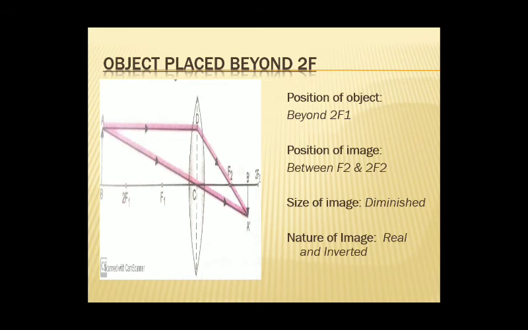Now, the second ray diagram, when the object is beyond 2f. The topmost ray which is parallel, according to rule 1, after refraction passes through f2, and the inclined ray, which is rule 3, passing through the optical center, goes straight undeviated. Therefore they both intersect at a point which gives us the image between f2 and 2f2. When you compare the size, the image A'B' is diminished, and as the actual intersection is there, it is real, and by the figure you can observe it is inverted.